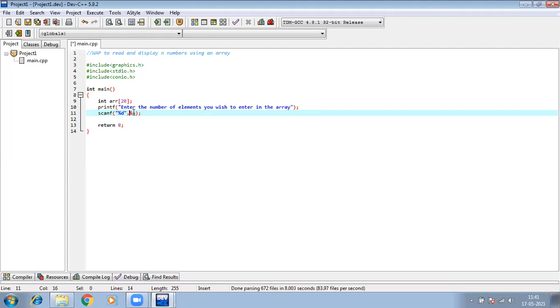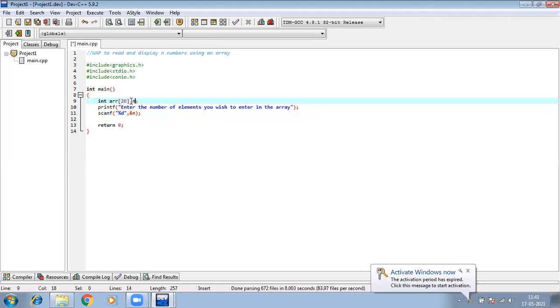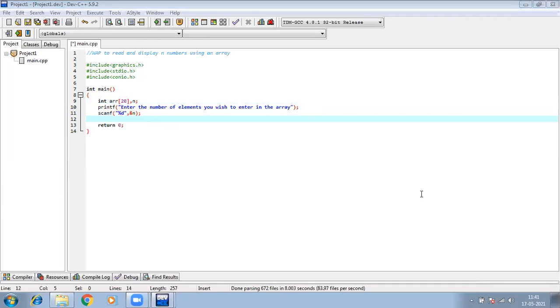Okay. Now, since I have used a new variable n, I should also declare that variable. So I am declaring it over here, int n. Okay, fine. Now I have told the computer that I wish to enter 5 elements.